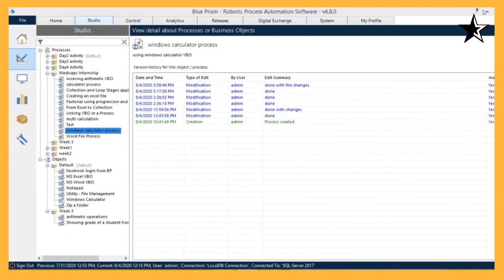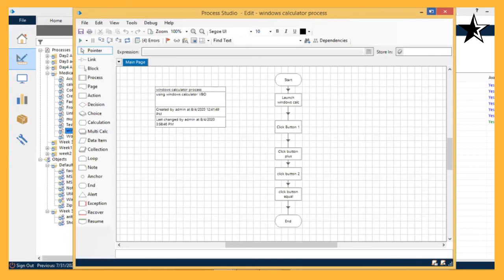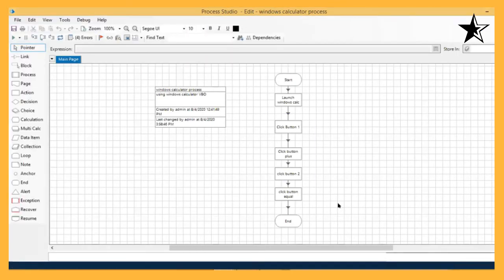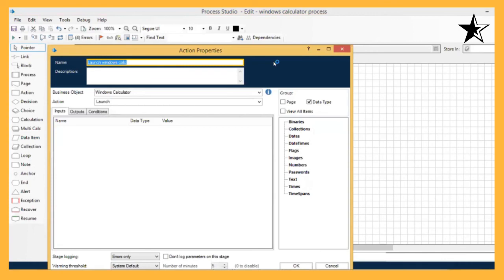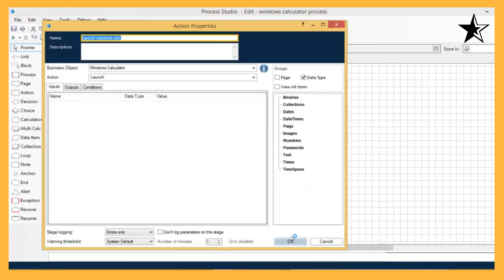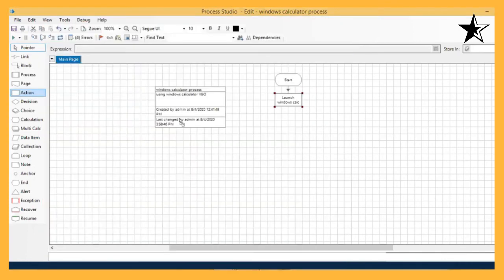Just minimize it. And open the calculator process, Windows calculator process. Right. So in the Windows calculator process, I again delete all these options which we have created earlier. Launch Windows calculator action is going to launch the Windows calculator. This is by default application. Now second action I will take again the 4 actions. Action 1, 2, 3 and action 4.